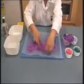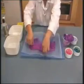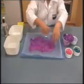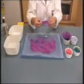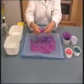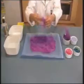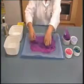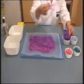Now unlike felting with wool, this can be laid any way you like. You don't have to go from horizontal laying and then to diagonal laying your fibres. So once you've got an even layer of your silk fibres,